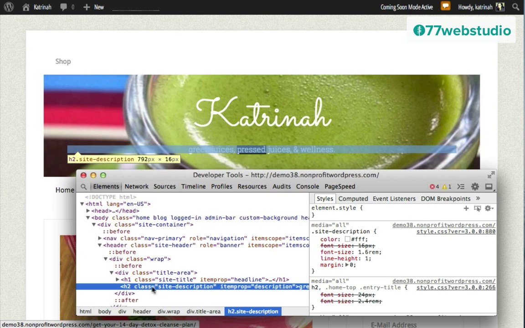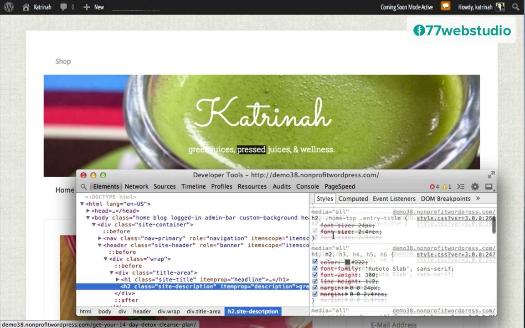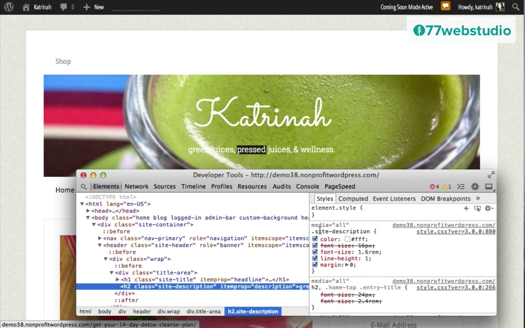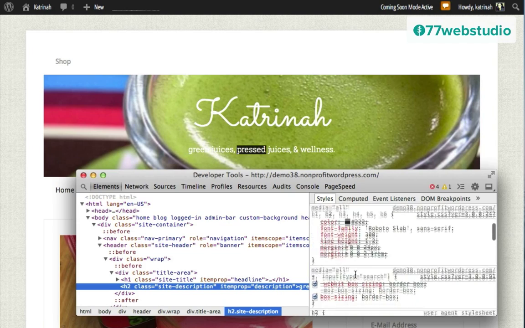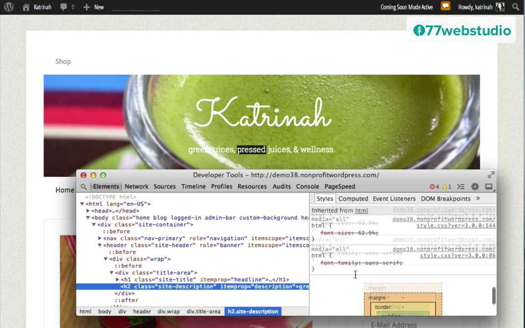Okay, so here we see the particular site description right here, and we can see it right here on the right hand side, the CSS. So scrolling down just to check out the font family, we can see once again it's this Roboto Slab Sans Serif right here, and it's the H2 header 2 section. Now I don't want to do this for all H2s throughout the entire site. I really just want it to be specific related to the site description because I only want this Google font right here. I don't want it on every header 2 within my entire website. So scrolling down, let's just check to see if the font family is listed anywhere else, and it looks like it's not.